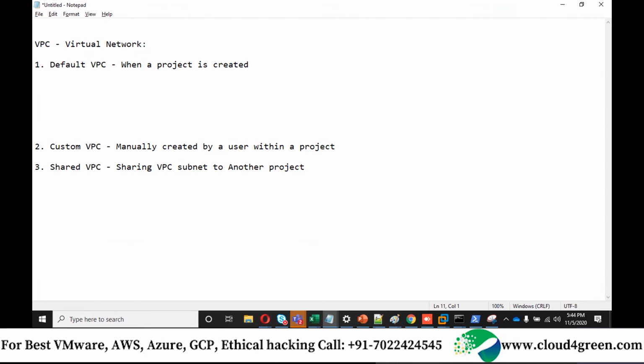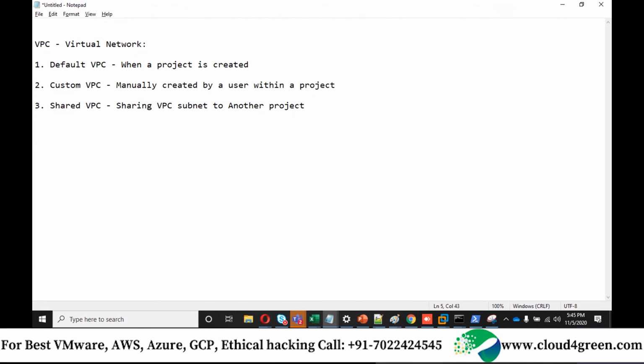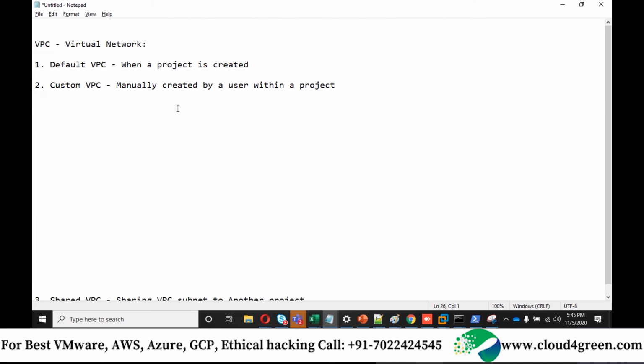Once you have created a custom VPC, you need to configure a firewall. Firewall will help us to allow inbound and outbound.